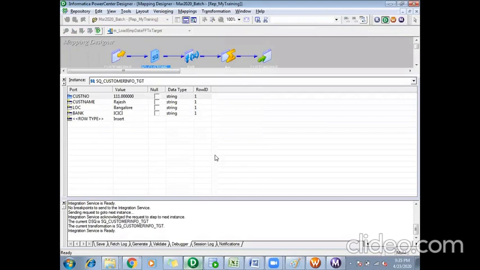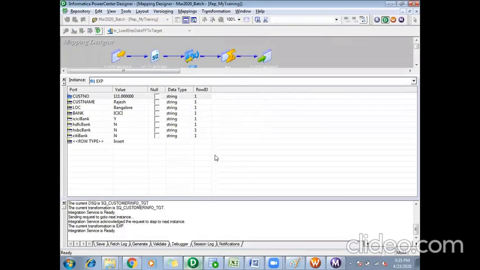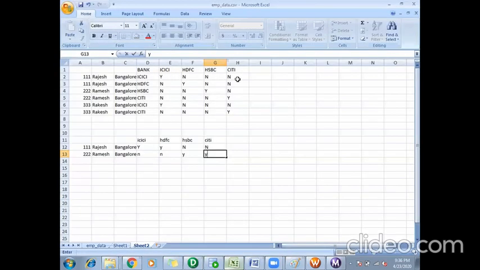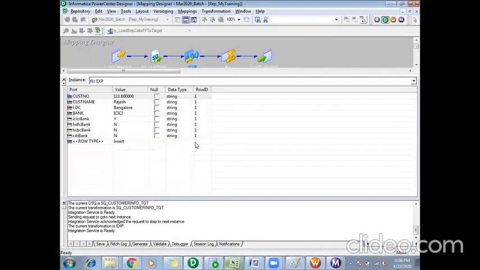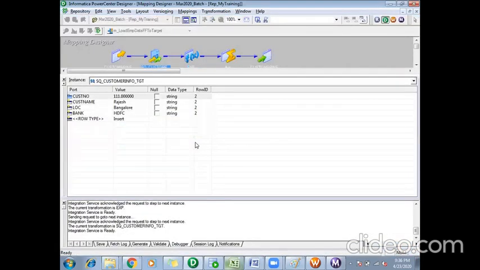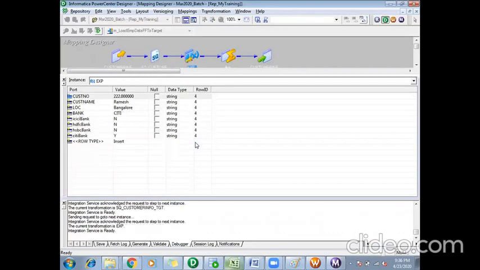Here also you can see, so customer number, see in expression transformation how I am getting the data YNNN, the way I showed you here, YNNN, right, for the first record. Then if I press F10, it will go to the second record. Once all these records are processed, then they will go to my aggregator.